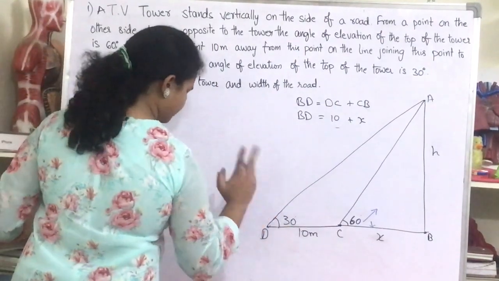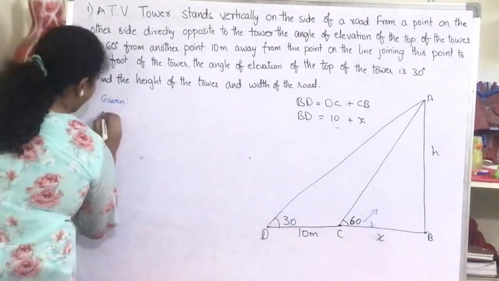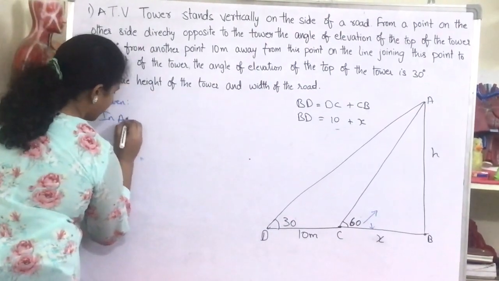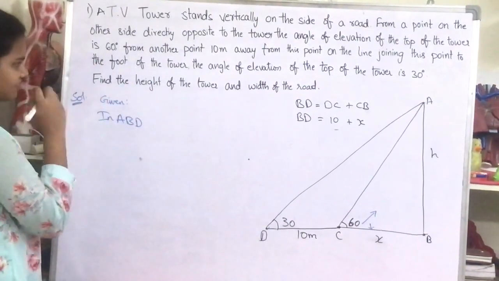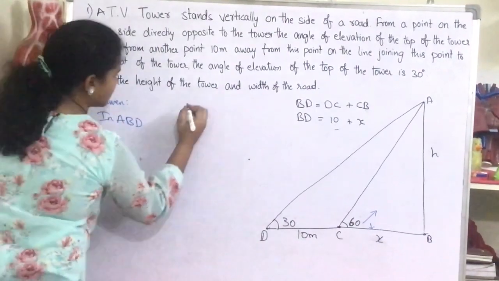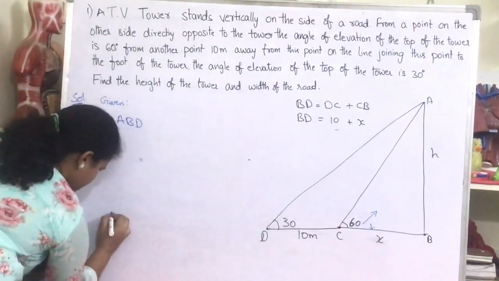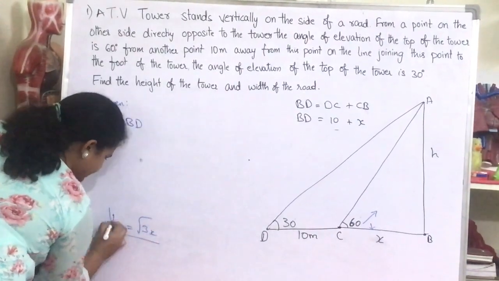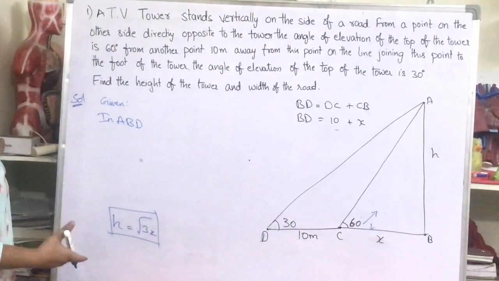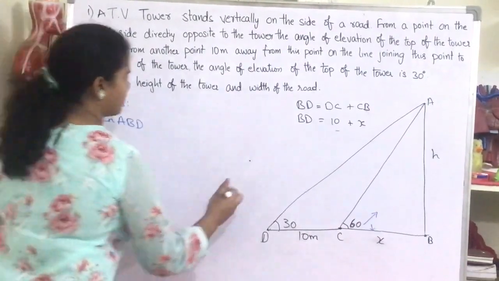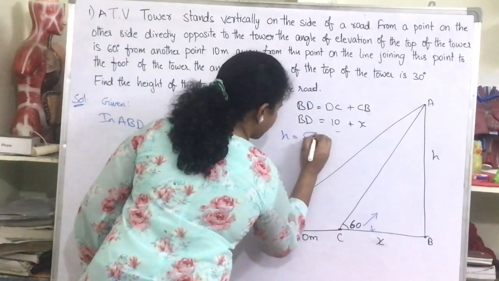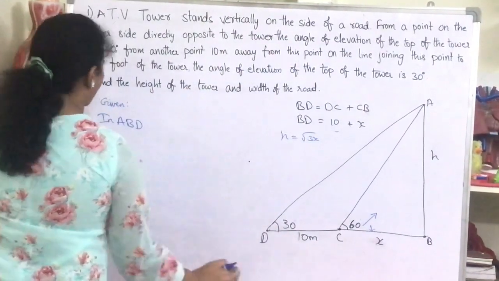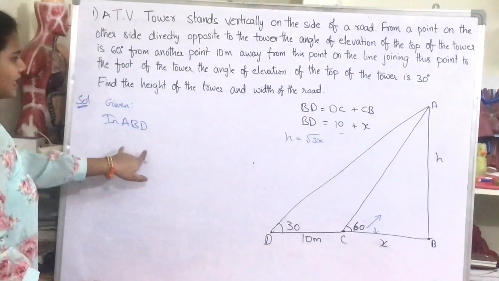take the second right angle triangle. So here you have the second right angle triangle, triangle ABD, where we got the first equation, where h equals root 3 x, right? Just keep this aside, we will be using this equation later. Let me write down over here, h equals root 3 x. And then now here in triangle ABD, by considering this,